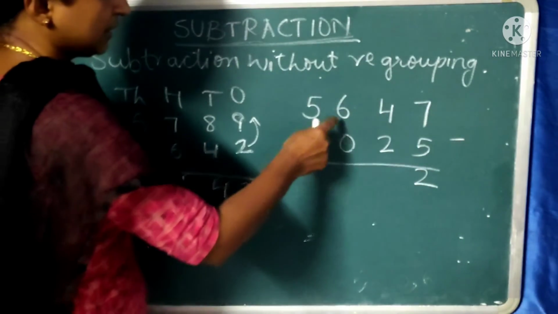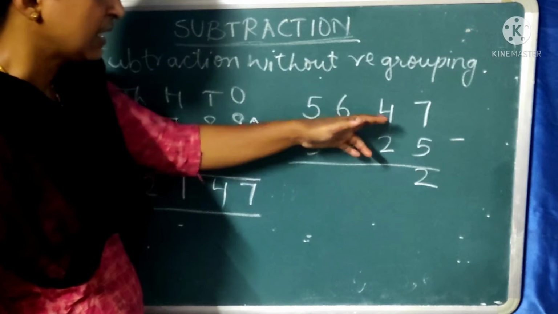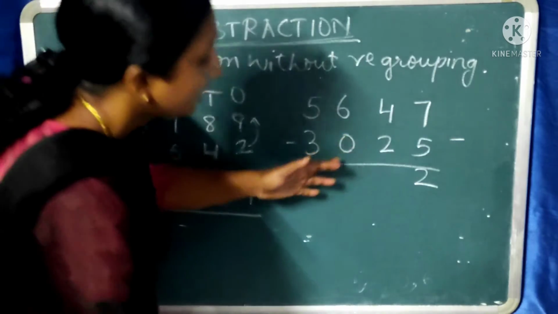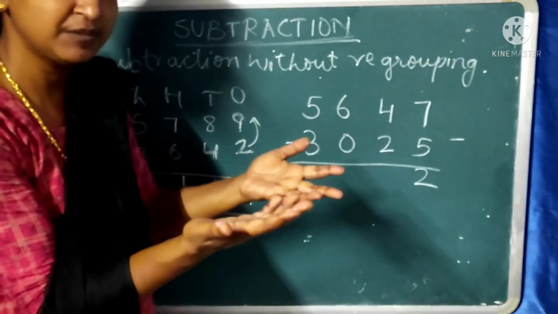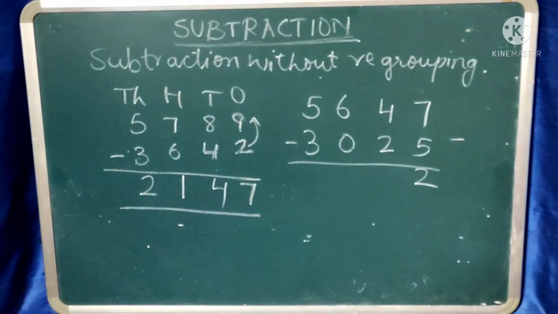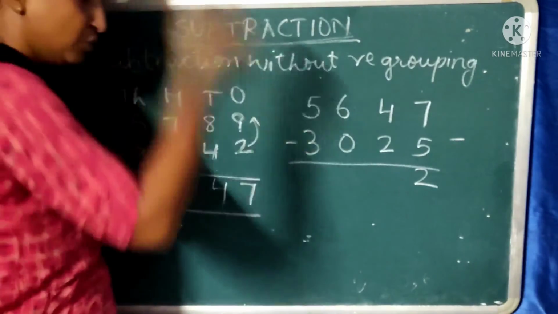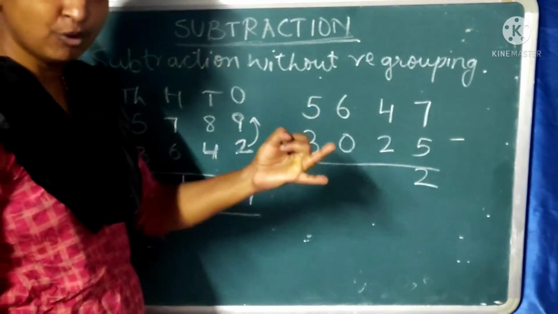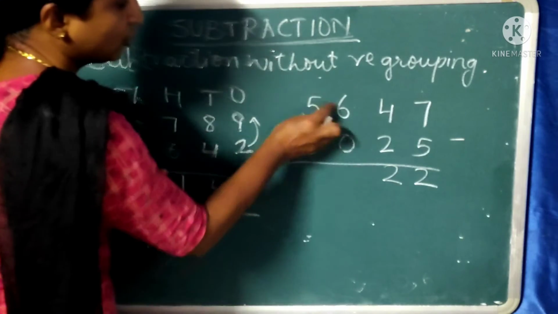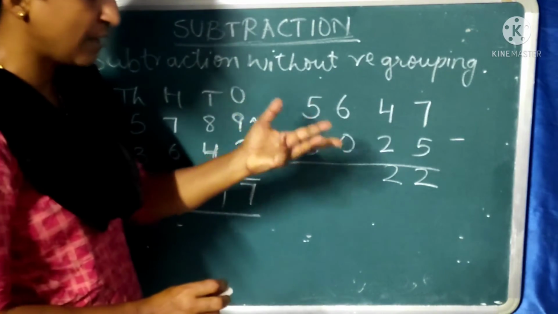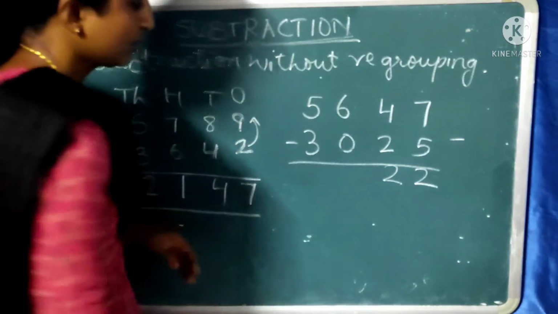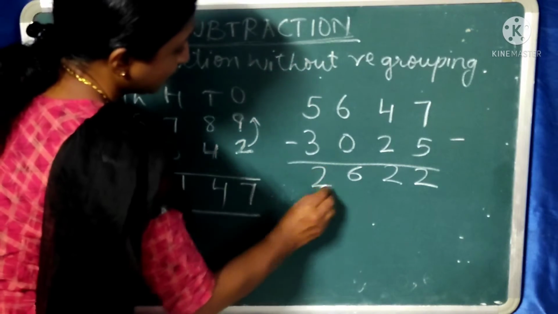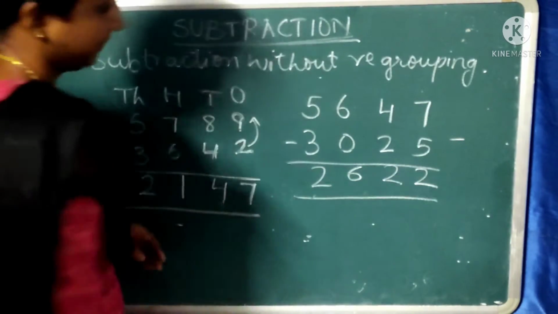But if the numbers are bigger, then it will be difficult, especially while carrying over. Like if you carry over 13, where will you take 13 fingers? That is why I told you to count from 2 to 4. After 2, 3, 4, so 2. Then 0 to 6 means 6 only: after 0, 1, 2, 3, 4, 5, 6. So 6. Then 3, after 3 till 5 is 2. So you got 2,622.